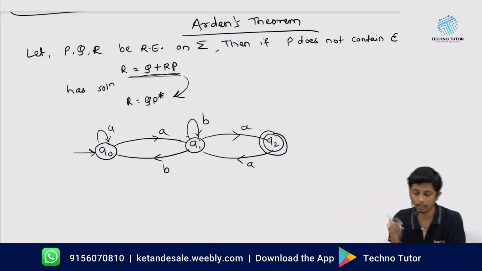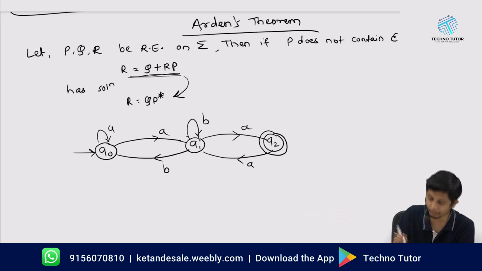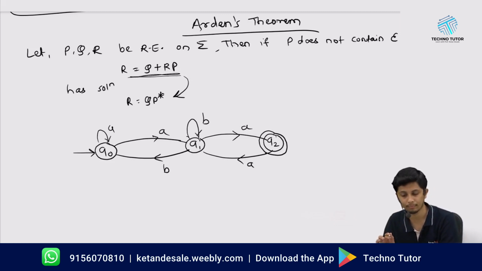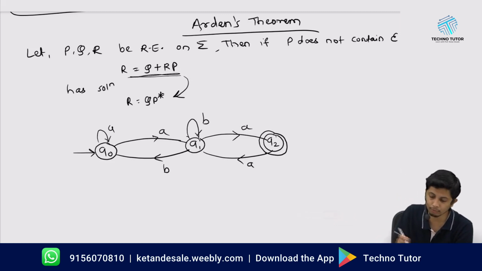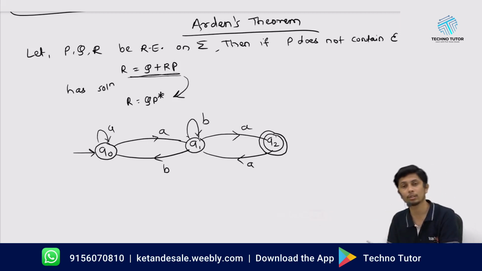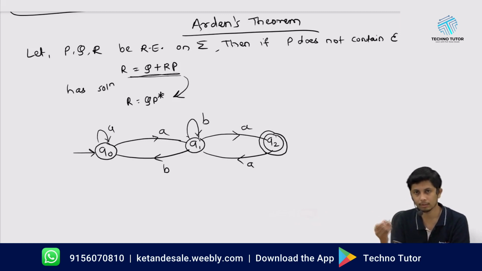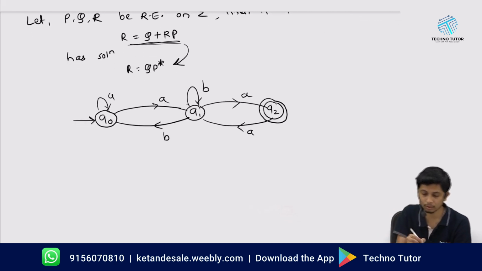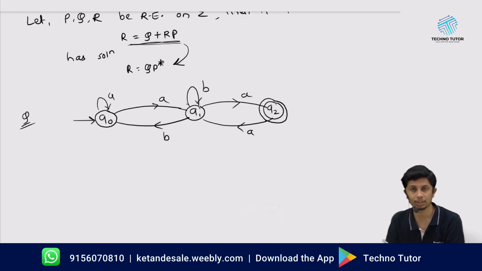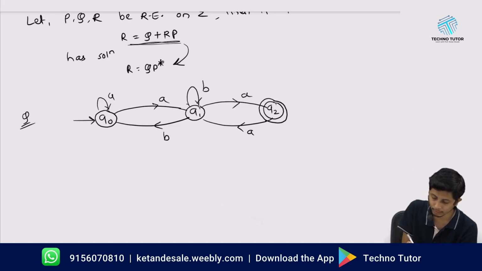to star. Note here, Q is separate, and P raised to star is the only starred term. So every time we need to bring our expression into this form and simplify it to R is equal to QP star. If you do it one by one, you will definitely get the answer. Now, the second important thing: suppose this is the question given to us. Every state equation you can write by observing its incoming transitions only. So I will write down the expressions.